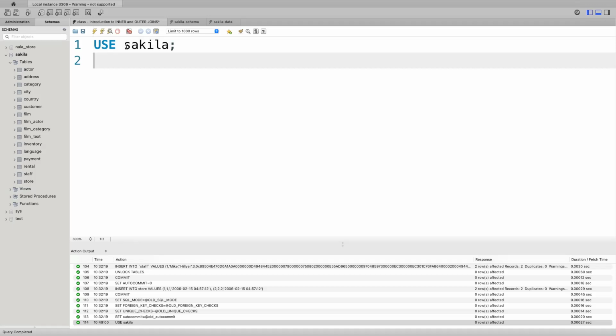Okay. Now I want you to check if the data inside each of the tables is already there or not. Okay, so you can choose any of the tables to check the data inside of the table by